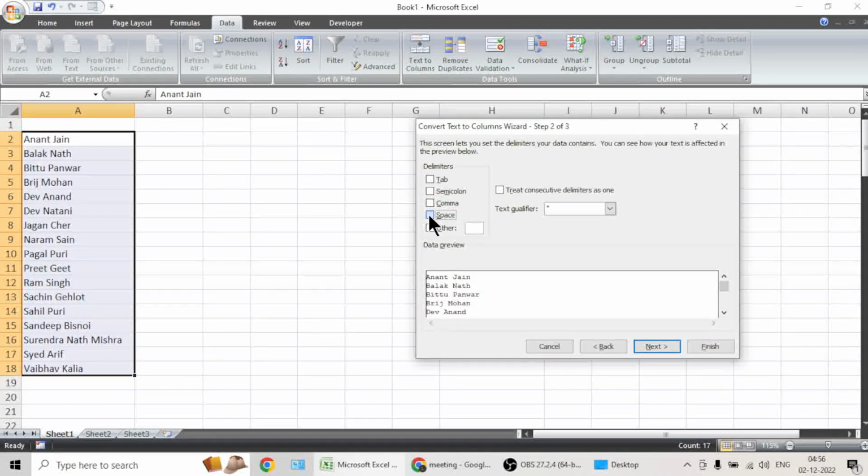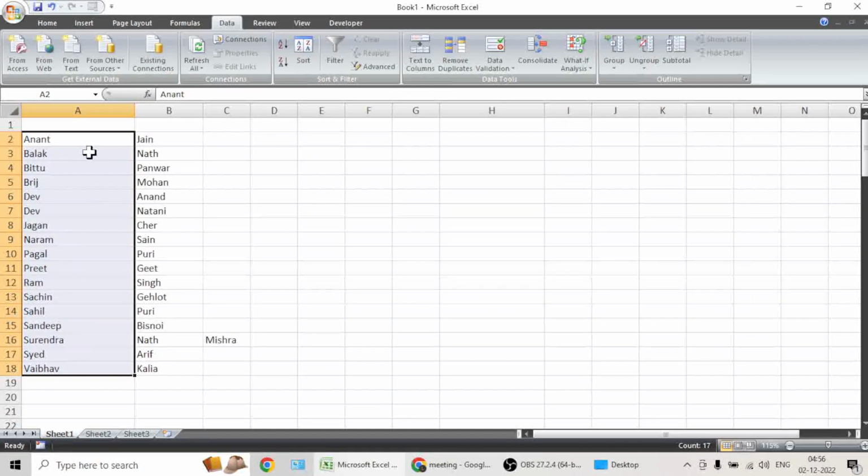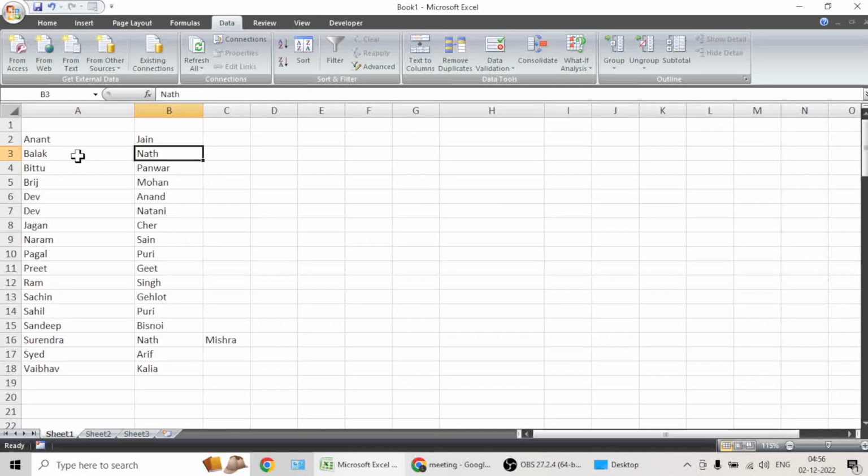Notice when I click on space, the line drawn between them is according to the space between the two words, and it separates the words and gets us the words in the names separately. So again we have done something new. Second task will be